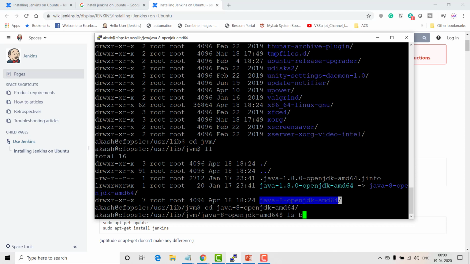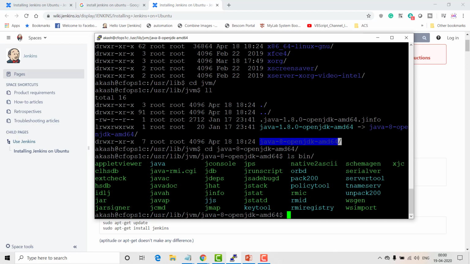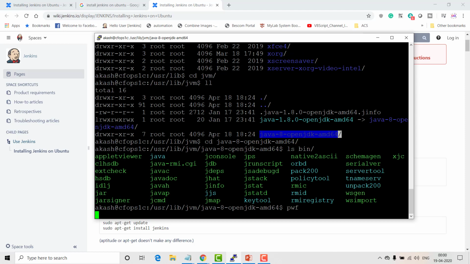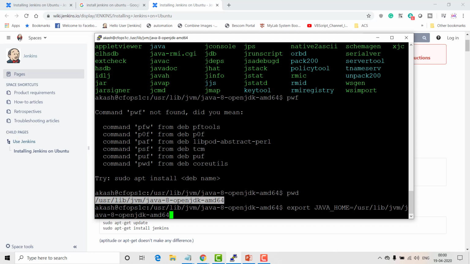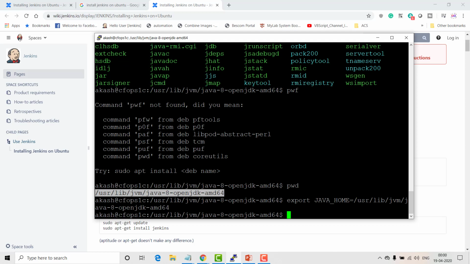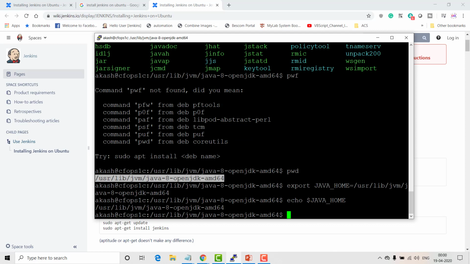Yeah, the bin is here. You just have to take the present working directory of this one and export it to JAVA_HOME. Okay, your JAVA_HOME is exported. If you echo it now, you can see that my JAVA_HOME is updated.